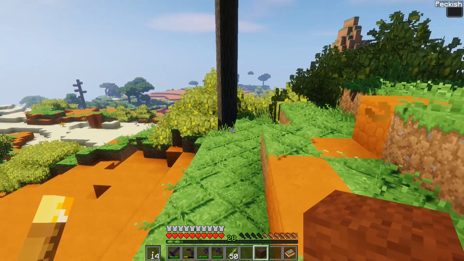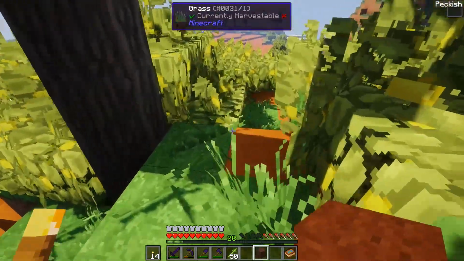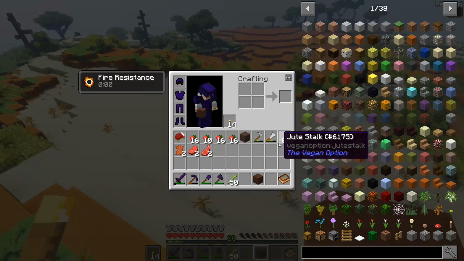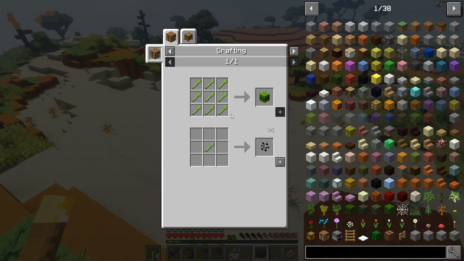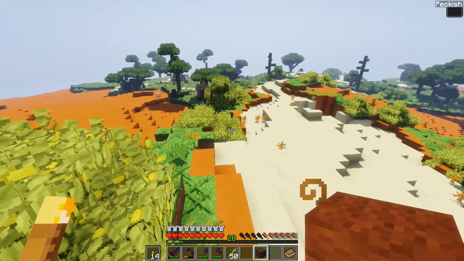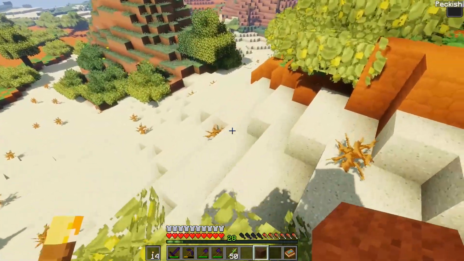We're already almost at 2 stacks of jute, which I do remember is, I think, a 9x9. 9 jute stalks make 1 bundled jute. Then you stick that in water, it gets retted, and then